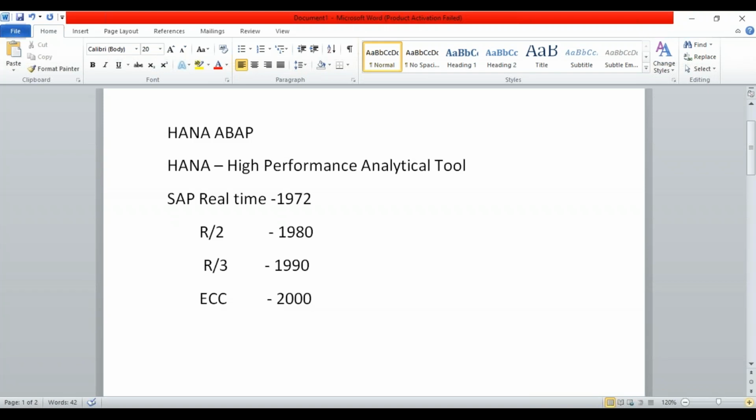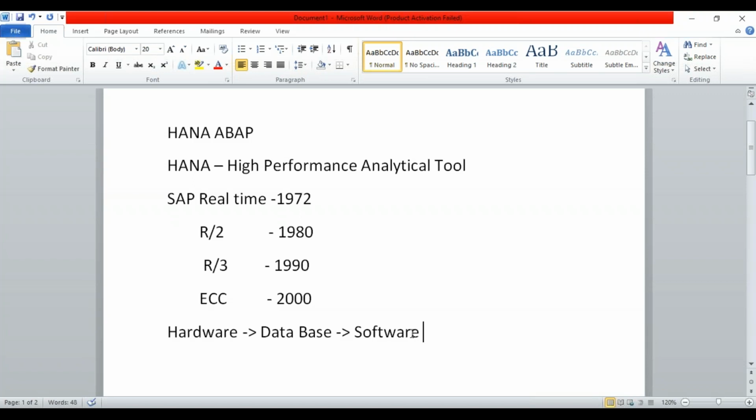Now all these are software. So we need to have the hardware, and upon the hardware we need to have a database, and upon the database we are going to have that software. What SAP used to do was sell only the software. The hardware and database were purchased by the client from wherever they required, from different vendors. And then SAP also introduced its own database, but SAP's database was not that